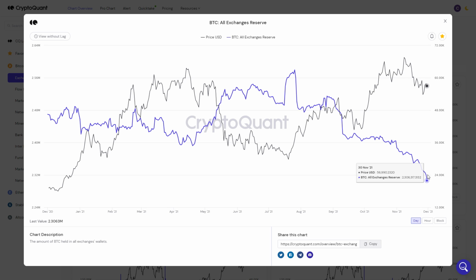That means less selling pressure, and that also means it's harder to buy into Bitcoin because there's less and less Bitcoin going around as more and more Bitcoin is getting withdrawn from exchanges. So if the demand for Bitcoin simply stays the same while the circulating supply of Bitcoin on exchanges is getting smaller and smaller, of course it is basic supply and demand economics that says that is bullish for the Bitcoin price. And if this purple line just here, the Bitcoin all exchanges reserve, continues to drop to the downside